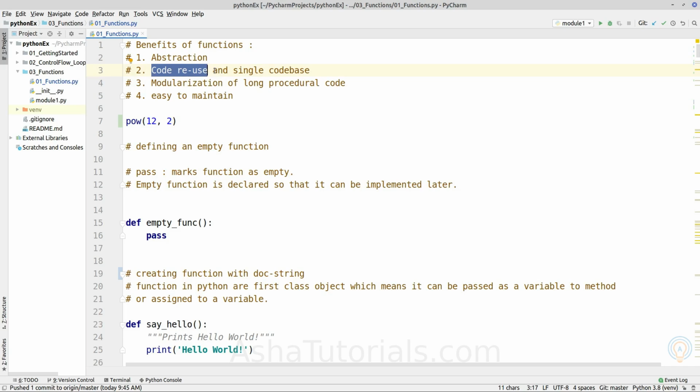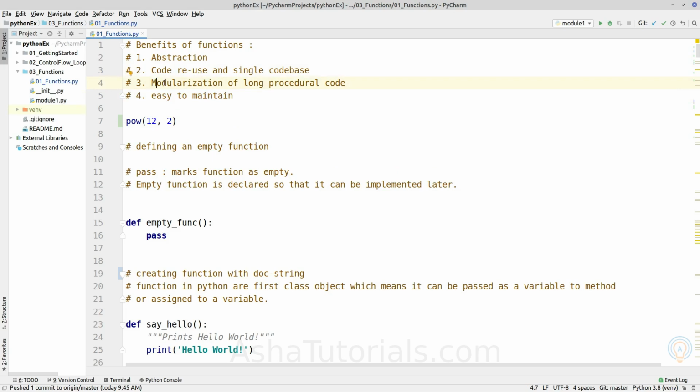That repetitive code can be extracted to a function so that it will reduce the amount of lines required to execute the same functionality, as well as make your code a single code base. So that part of the repetitive logic will be extracted to the function, so it will be easy to maintain.